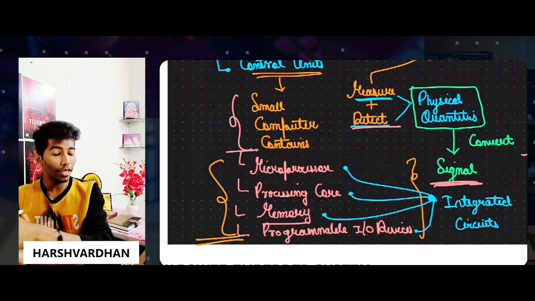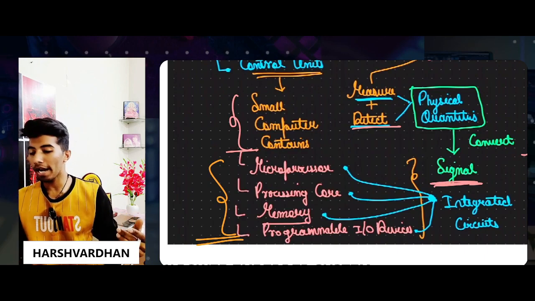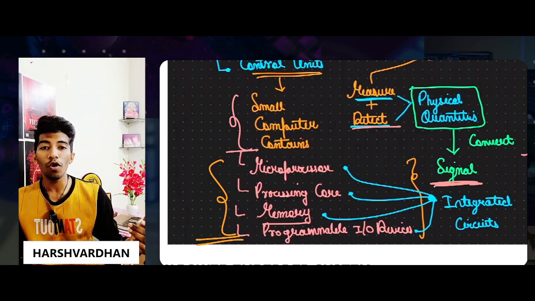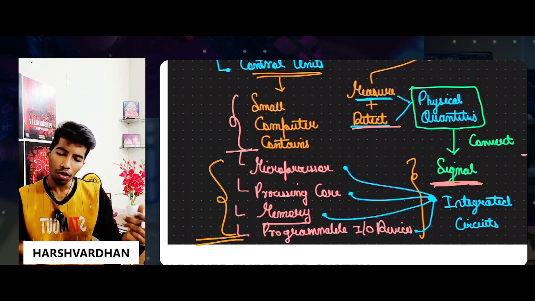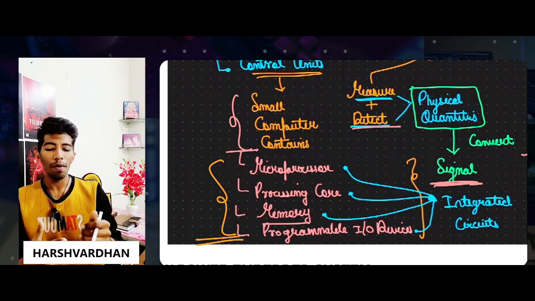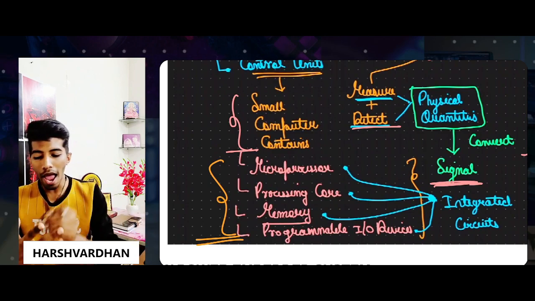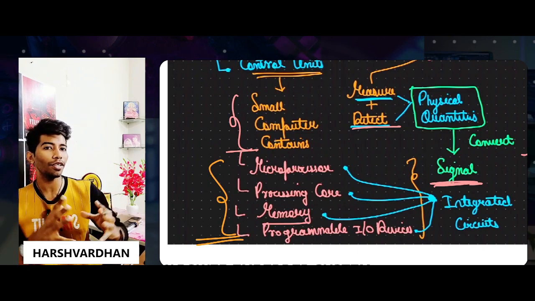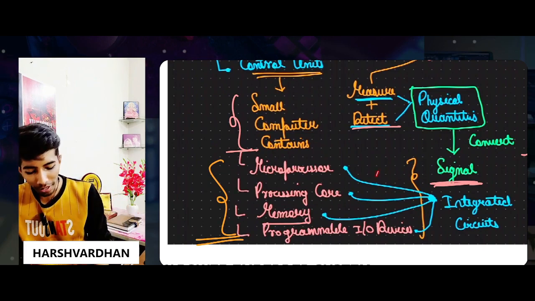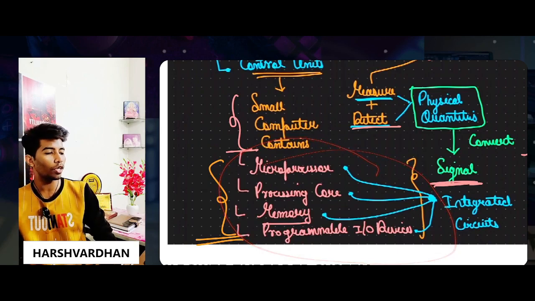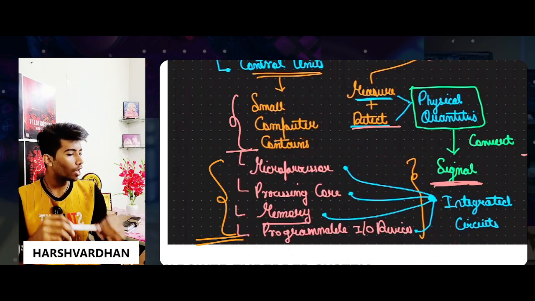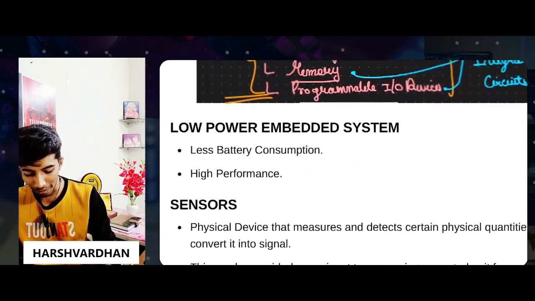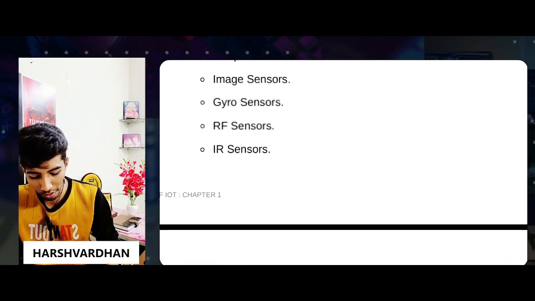So this is the thing: microprocessor, input output devices which are programmable input output devices, processing core, and memory. Memory for storing the things, processing for data processing, and this is actually termed as an integrated circuit. When you talk about integrated circuits, then these all take part together in it. So now I hope it's pretty much clear to you how it is working. Talking about the next thing, this thing we have already discussed.